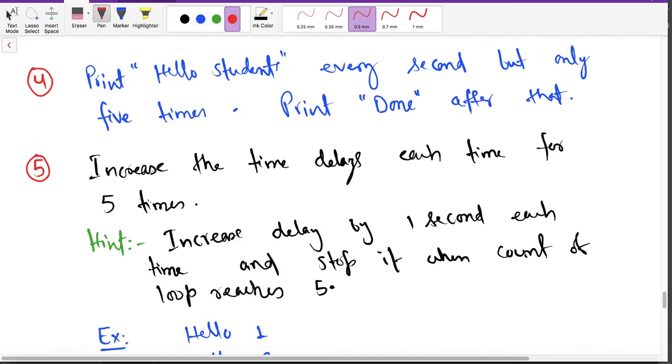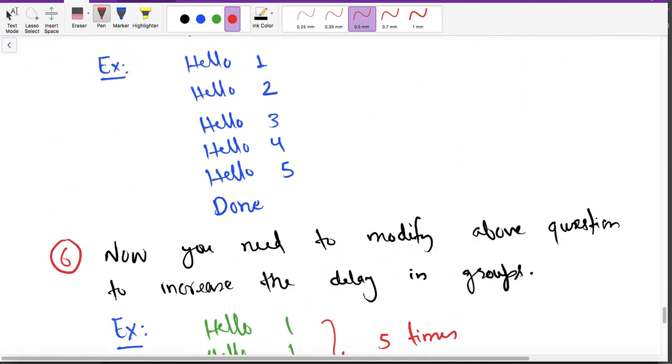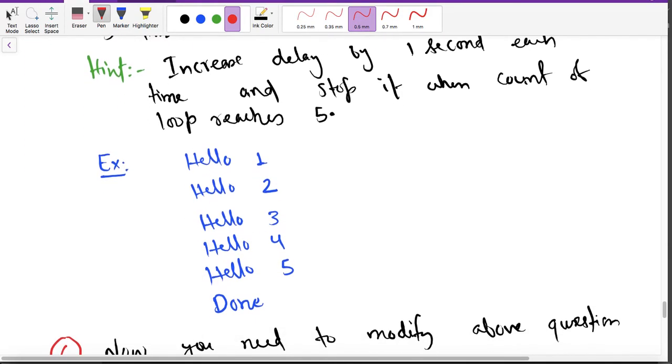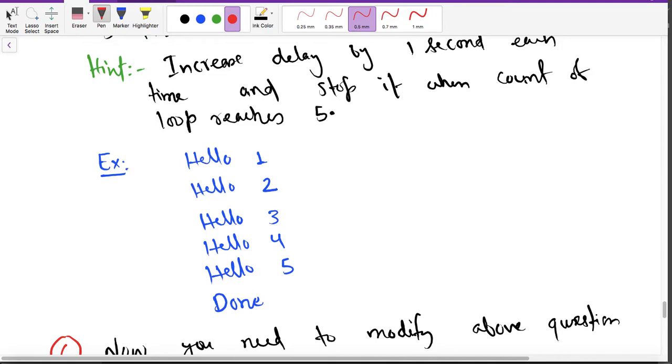Here are three more questions that I have written for you. The first question is, print hello students at every second but only 5 times, and then print done after that. So you can use something like this: hello 5 times, and then print done.